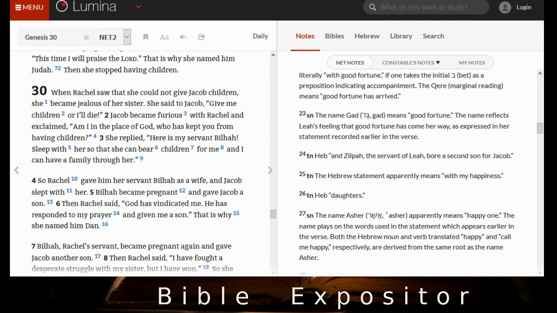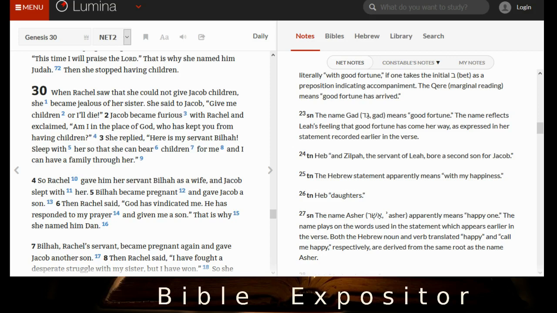And shockingly, Rachel gets jealous. We didn't see that coming, did we? So she demands children from Jacob, who again, shockingly, asks her if she thinks he's God or something. So, in a familiar move with predictable results, she decides to solve the problem by having her servant bear children for her. Where have we seen that before? And thus were born the heads of the tribes of Dan and Naphtali.